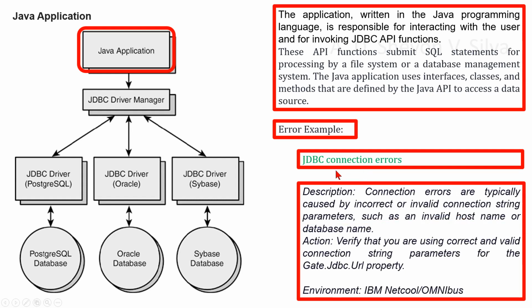As an error example, we can consider JDBC connection errors in the environment with IBM Netcool Omnibus. The description is connection errors are typically caused by incorrect or invalid connection string parameters, such as invalid hostname or database name. The action is to verify that you are using correct and valid connection string parameters for the